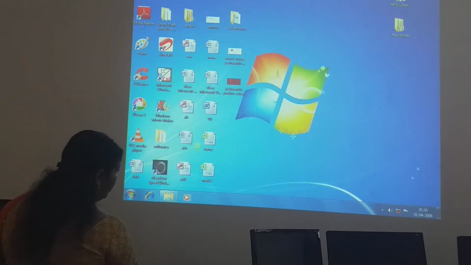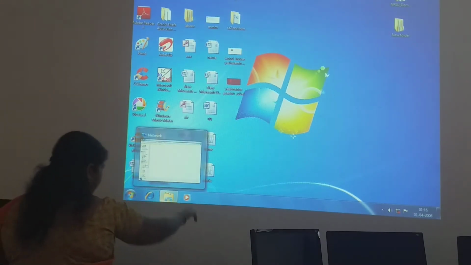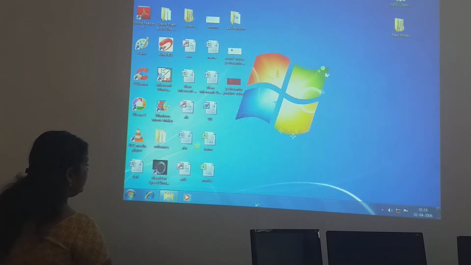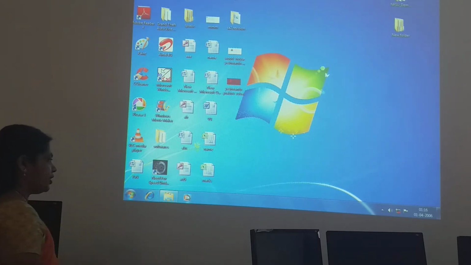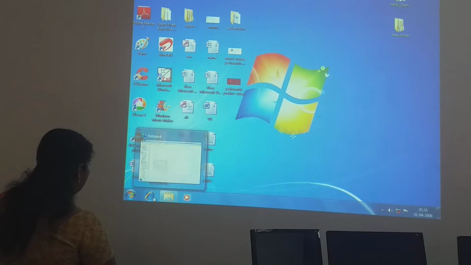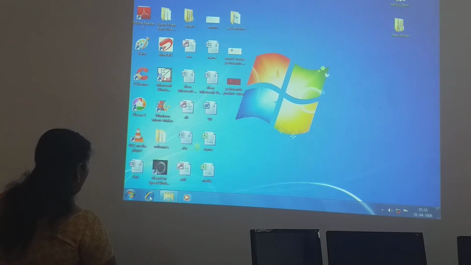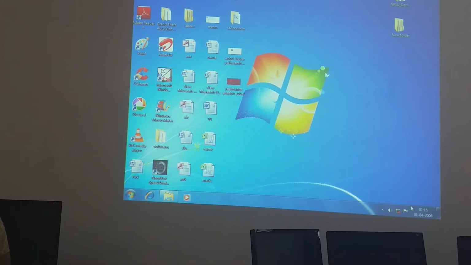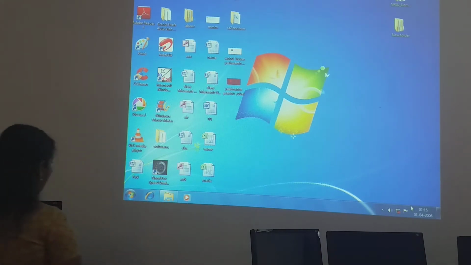See, this is your desktop. The rectangular bar at the bottom is called your taskbar. In the taskbar you have the start button and shortcuts for your applications. Here we have Windows Media Player, this is for the network and My Computer, and this is Internet Explorer. The right side part we will discuss later. On the left side you have the start button.